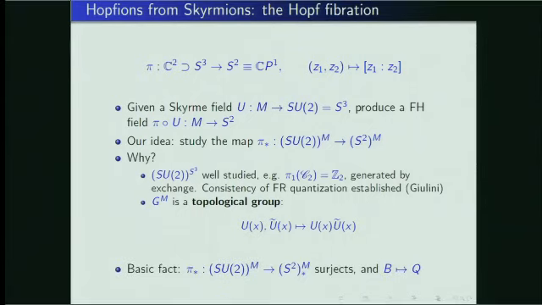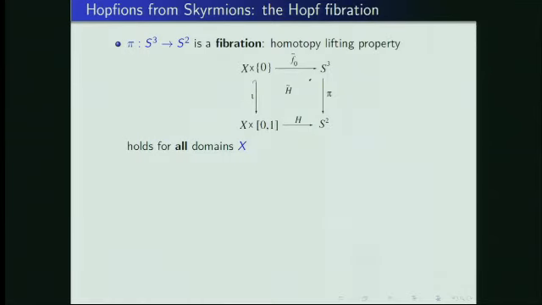So there's a basic fact, which is that this map, which we get by composing with the Hopf fibration, is a surjection onto the algebraically essential maps, and it maps baryon number, i.e. topological degree, from M to S3, B, to Hopf degree Q. Okay, so what can we use this thing for? Well, the essential observation about the Hopf fibration is that it is a fibration. So it has the homotopy lifting property, meaning if you have a map